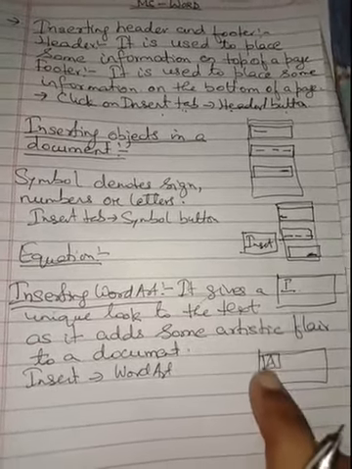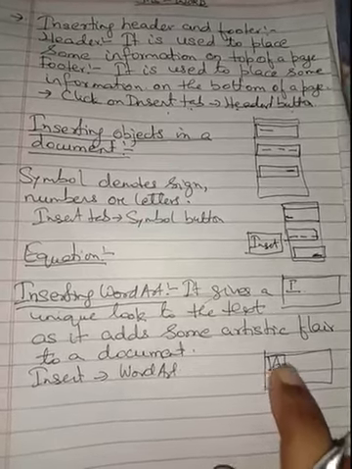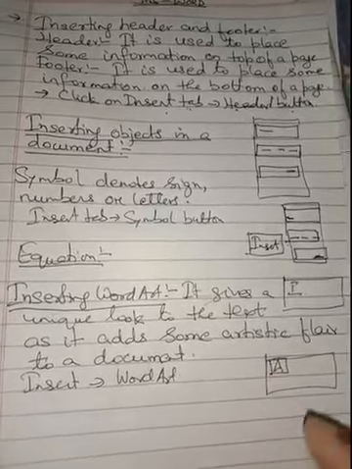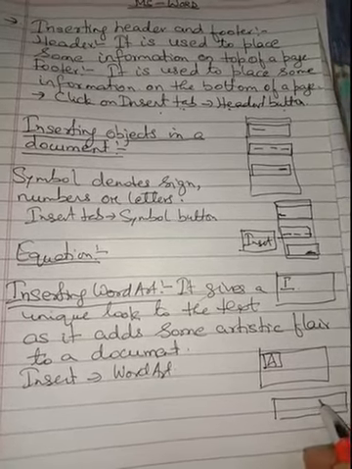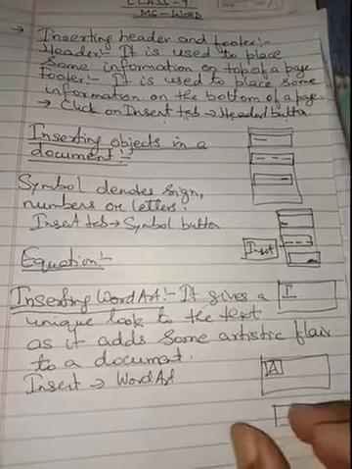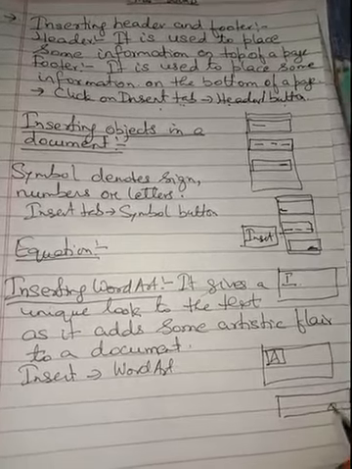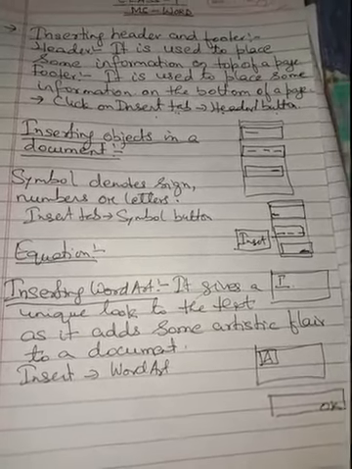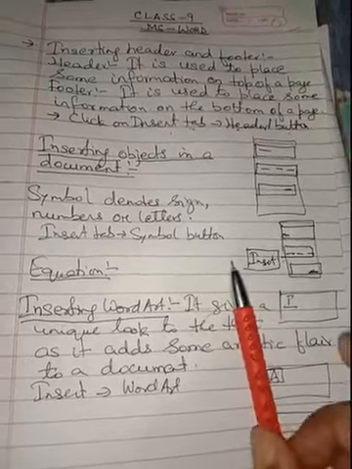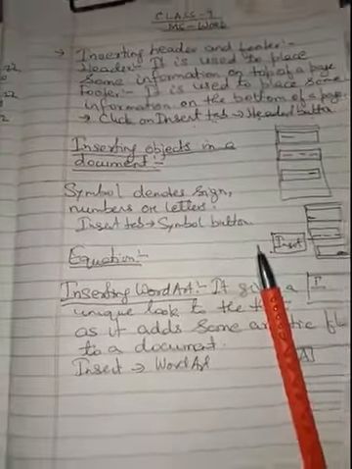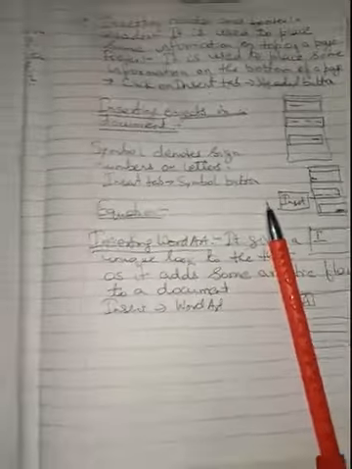We can select any of the styles and left click over it. Then another window will appear where we can type the text that we want to appear in word art form, and then we have to click on the OK button. The selected word art style content will be appearing on our window. So this is how we can insert the word art in our document.